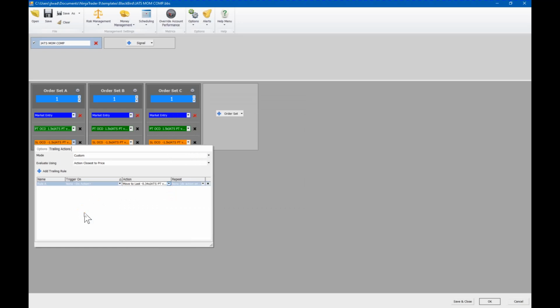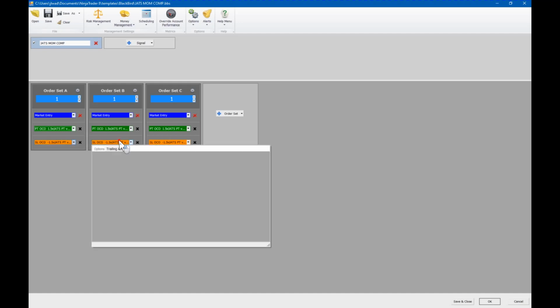So 34% of that range, we're going to trail it. We're not going to repeat it. It's just going to be a one time. And then on order set B,